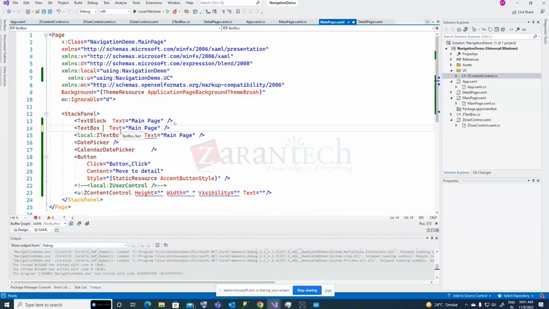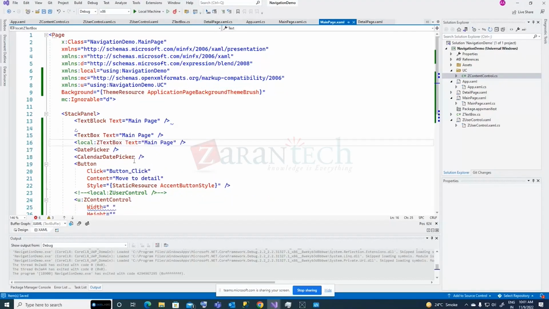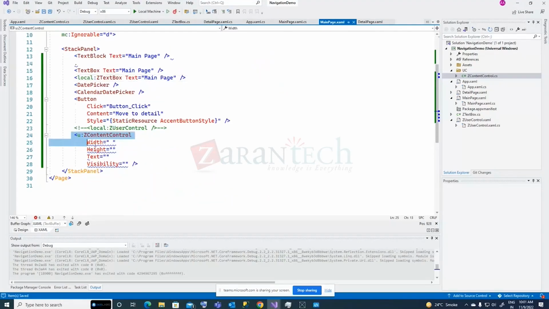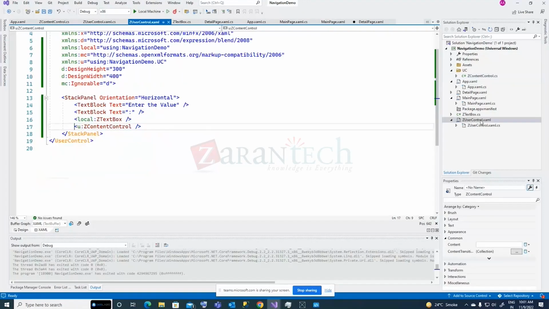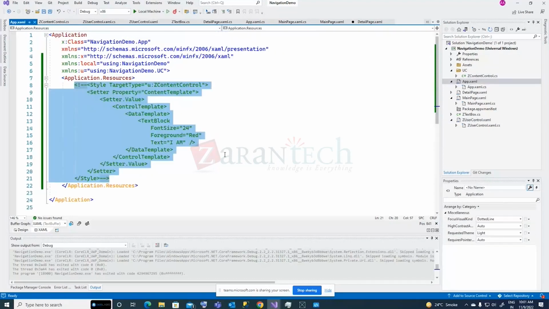So my question is, here in this page you will be able to access only height and width, and that is fine. But in the actual XAML page of the content control, when we are creating the design of the control, in the control template or something, you are writing something, right? There, for example, if it is a text box, we will have text-related properties, or if it is a data grid, we will have data grid related properties. No, it will not have. So my question is, when writing a content control,